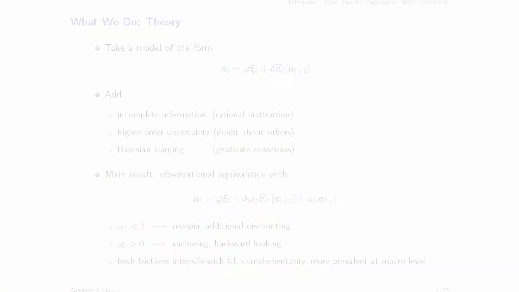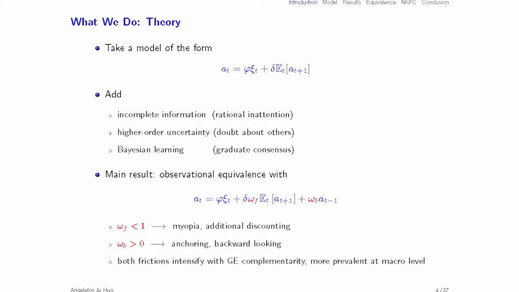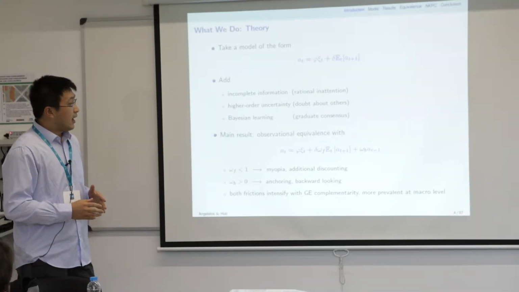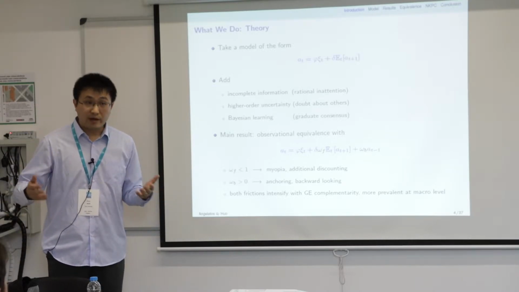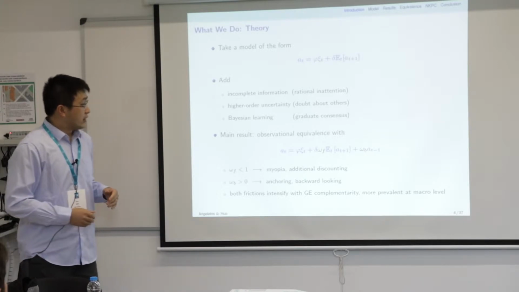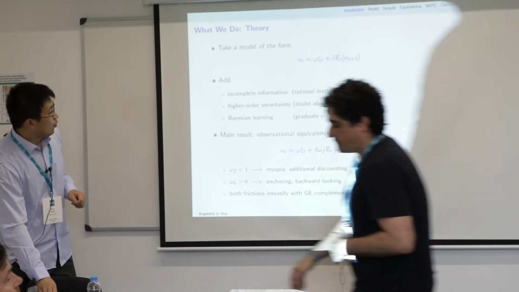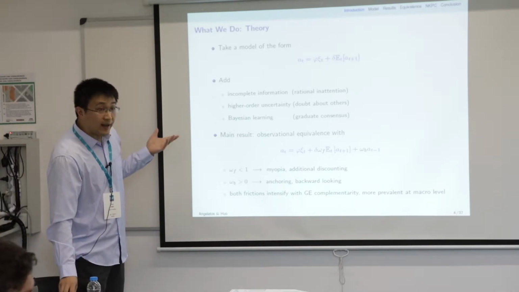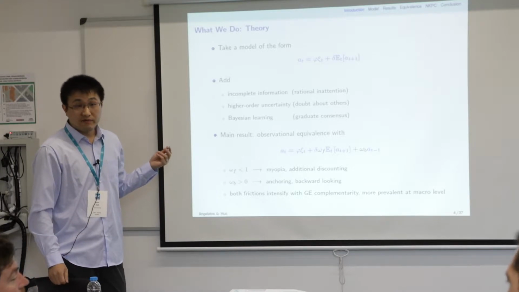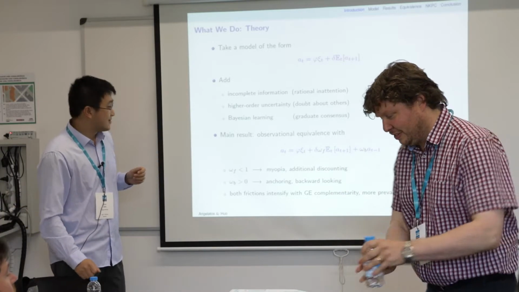So we're going to start with this textbook version forward-looking model. We're going to add several elements on top of it. First, we're going to add incomplete information, in the sense that people don't know the fundamental perfectly. Second, we're going to add higher order uncertainty, in the sense that they don't necessarily know what other people's response or awareness is. And the third is we're going to have Bayesian learning. With these elements, we're going to find that at the end of the day, the aggregate outcome is going to be observationally equivalent